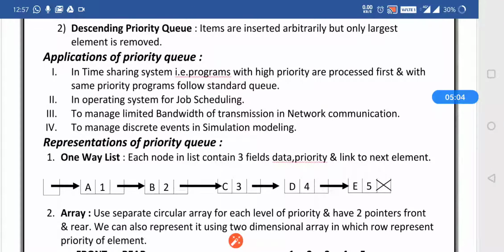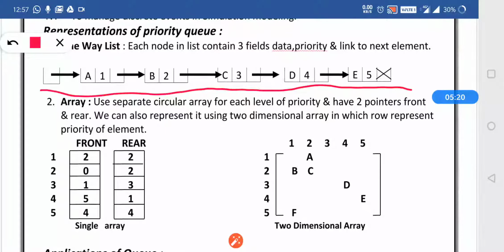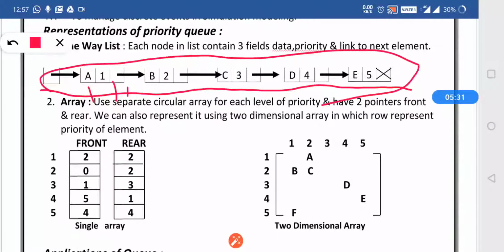Now, how do we represent the priority queue? The representation of priority queue is done by a one-way list, meaning the queue is arranged in the particular format of a list, where each node contains three fields: data, priority, and link to the next element. We can see that each node has the element, the priority, as well as the link.